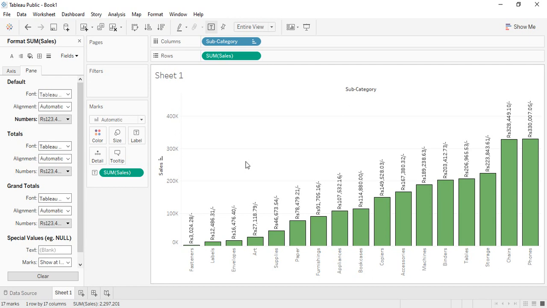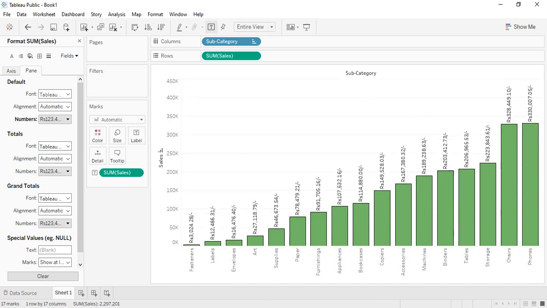In this video we are going to see how we can customize the different fields that are present in our visualization in Tableau. So this is what we had in the previous video. This is how our visualization was looking. What we learned was how to sort the data, how to swap the data, how to change its color, apply borders and apply labels.